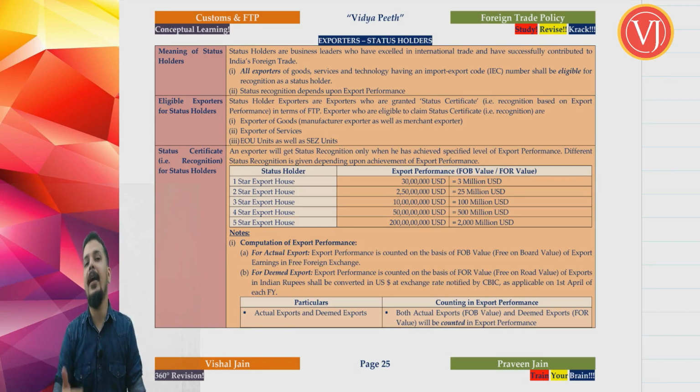So only from your IEC, all the important things are going to come, and only these points are really important. If I had ignored the initial 4 hours discussion, I could not have completed the next 5 hours discussion easily. Though I do know that I am covering your foreign trade policy in a big span of time, I would like to ensure that you have understood the entire concepts of foreign trade policy thoroughly, so that when you are revising, it will take very little time. So you have to keep that in mind, friends.